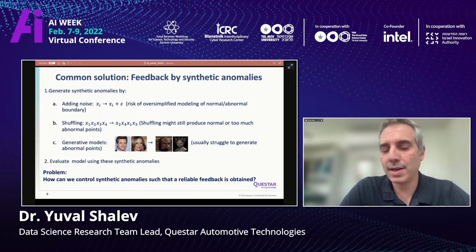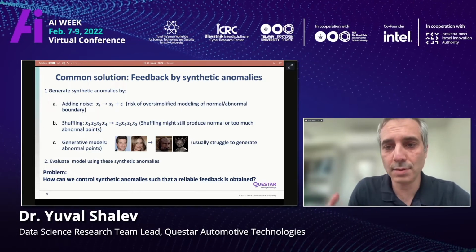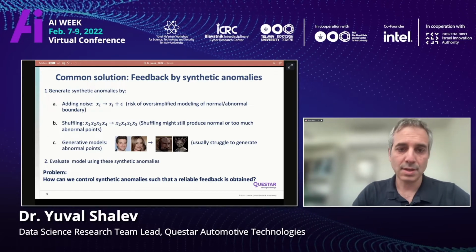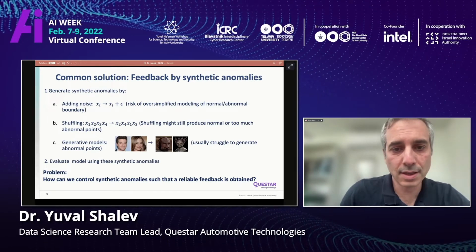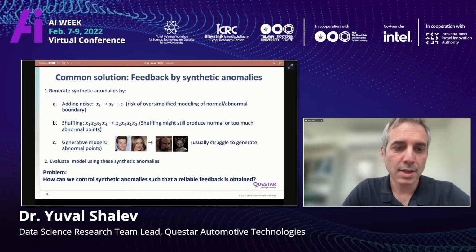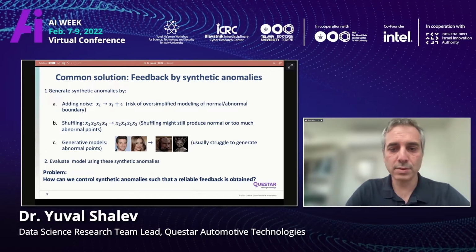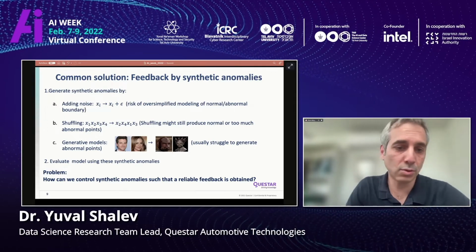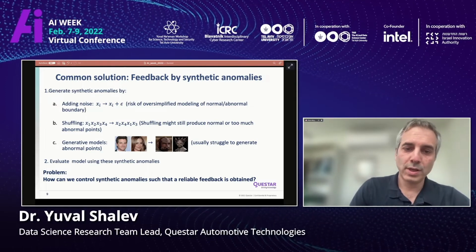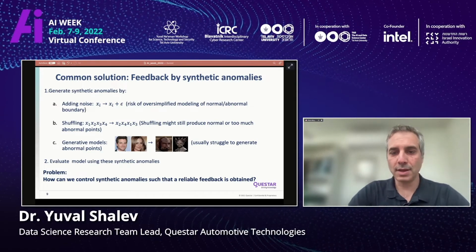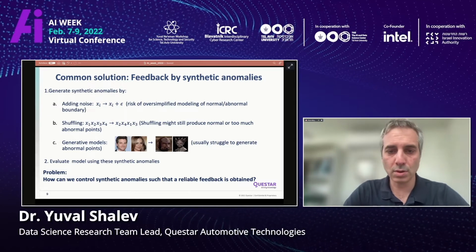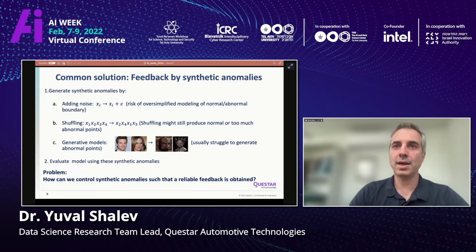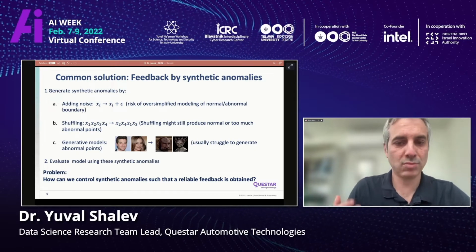Here we have a problem of oversimplified modeling of normal and abnormal boundaries. So it might be too easy to identify the anomalous points. When we are talking about shuffling, sometimes it might produce still normal points or too much abnormal, and it is very hard to calibrate, and we actually do not know whether these abnormal points truly reflect reliable